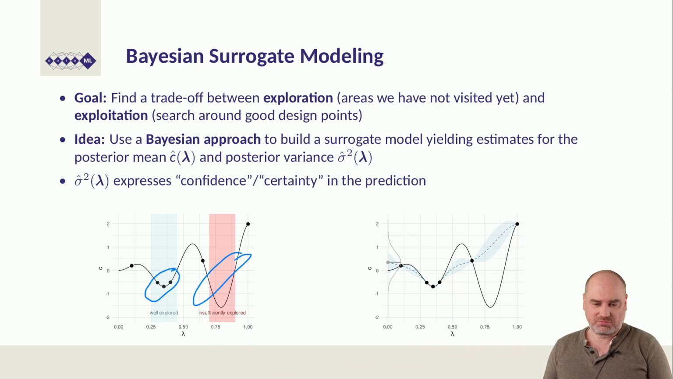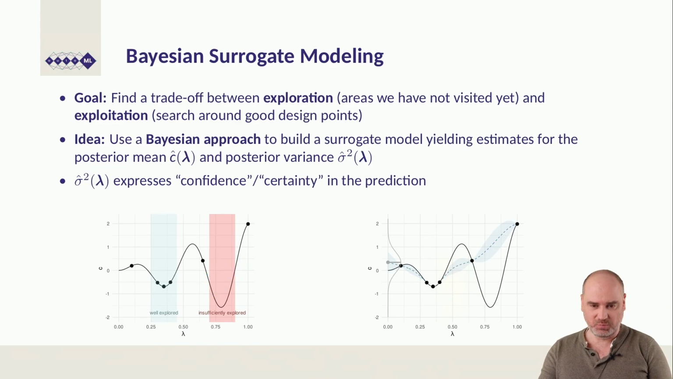And the idea is to use, I don't know, I guess it's debatable whether this is the perfect terminology, but I guess the Bayesian is in Bayesian optimization. I guess it makes the most sense if we use something like a Gaussian process, a Bayesian approach, where we build a surrogate model which yields estimates for the posterior mean, but also for the posterior variance. And the reason why we now use this posterior variance is to express some form of confidence and certainty in our prediction, and then bake that into the acquisition function